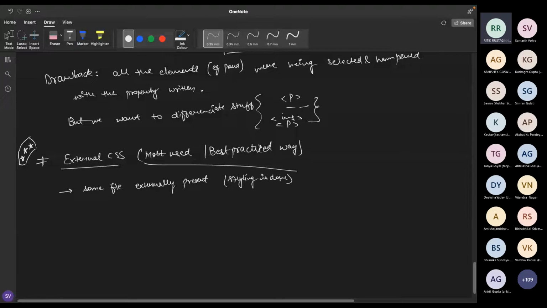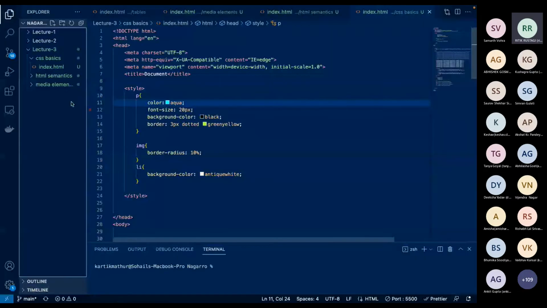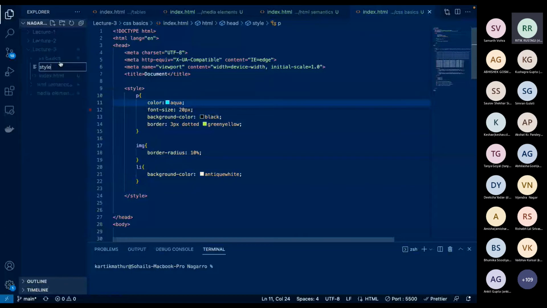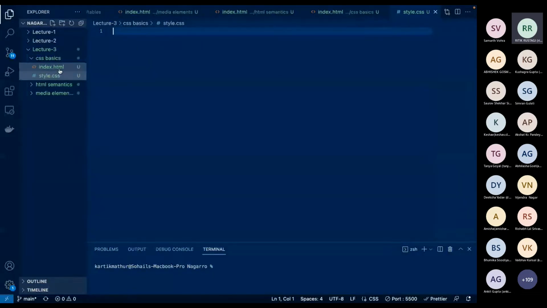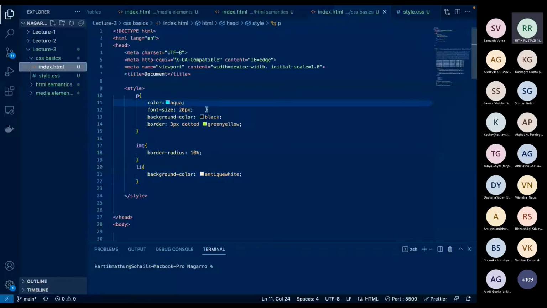Okay, so let's see how we do it. I just told you whenever we want to make a CSS file, that file has to be made with the .css extension, right? I can write any name, but this .css has to be there at any cost. I made a file, style.css, inside my CSS basics folder, which is in the same directory as index.html, and